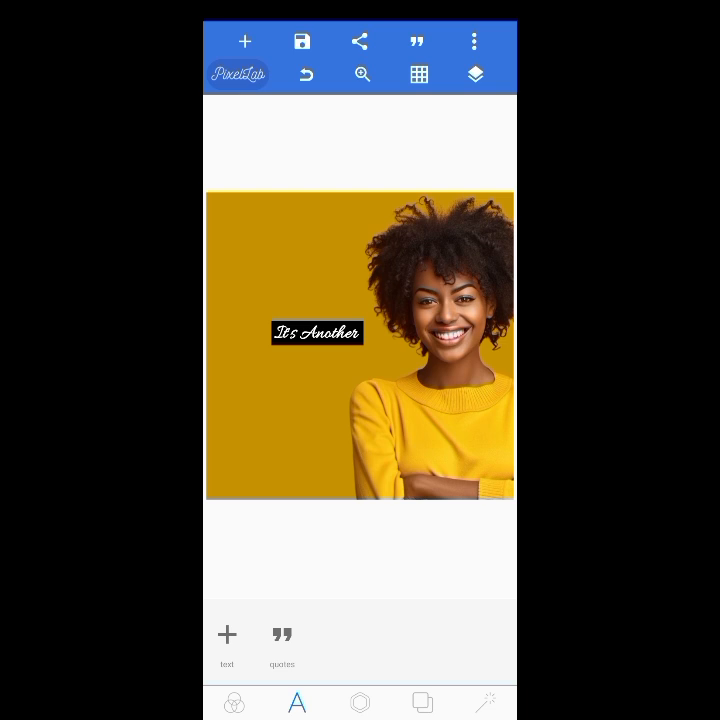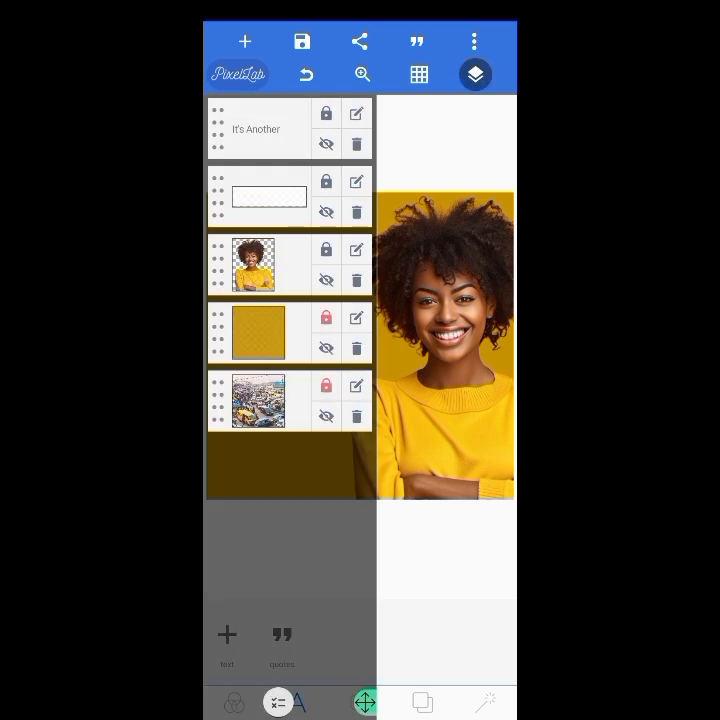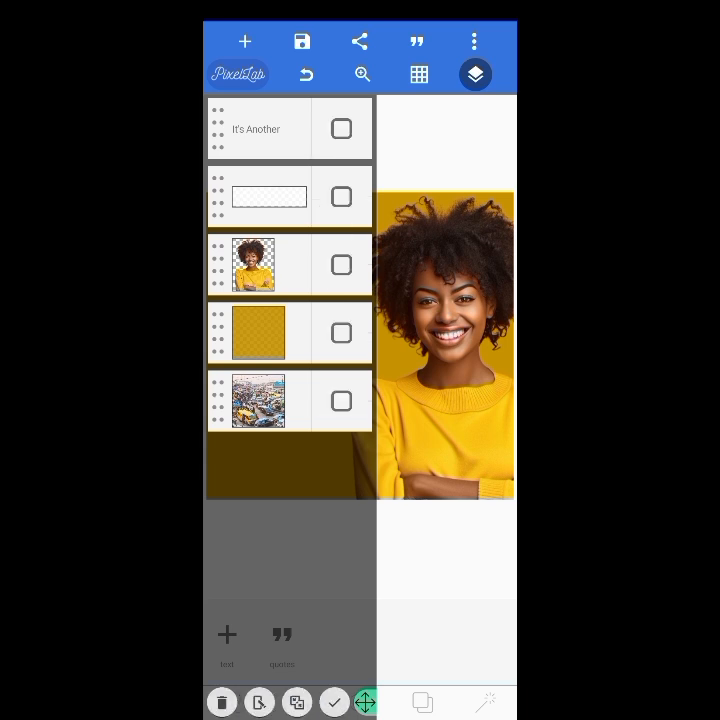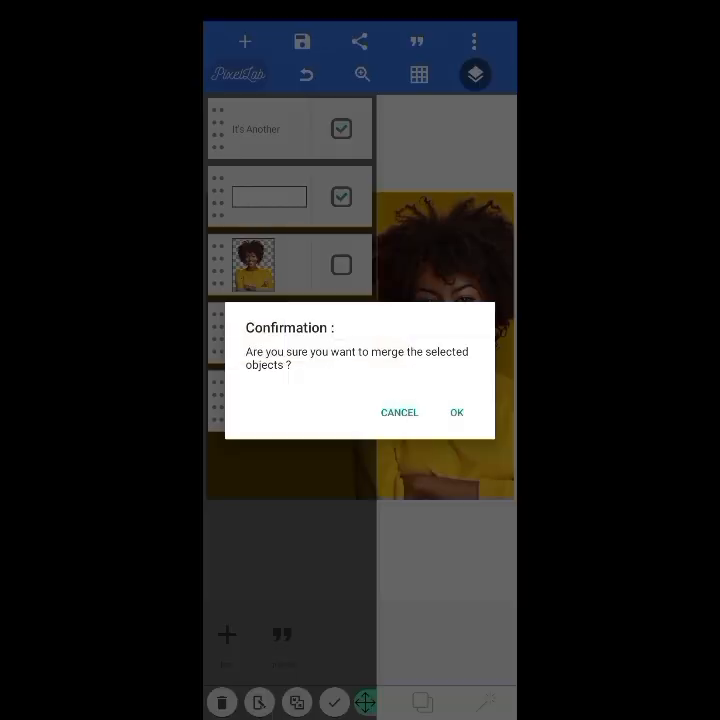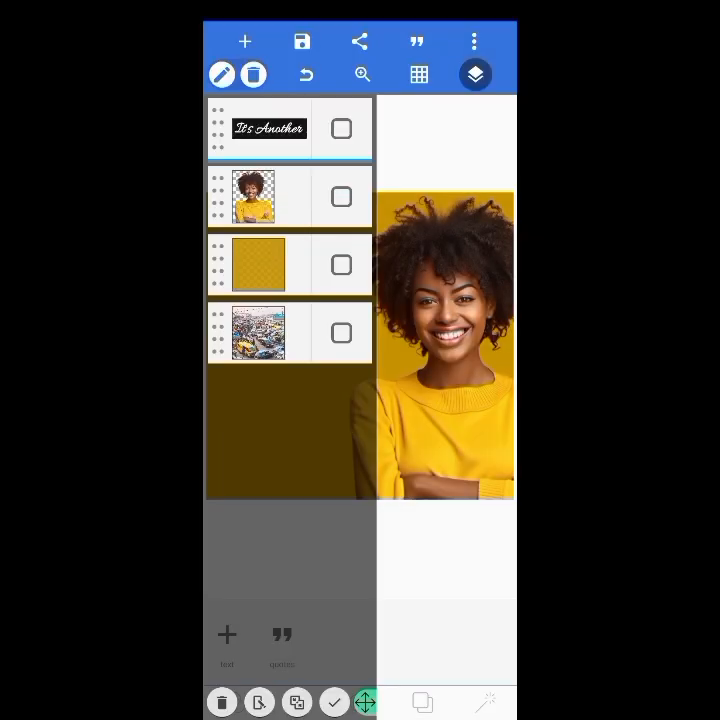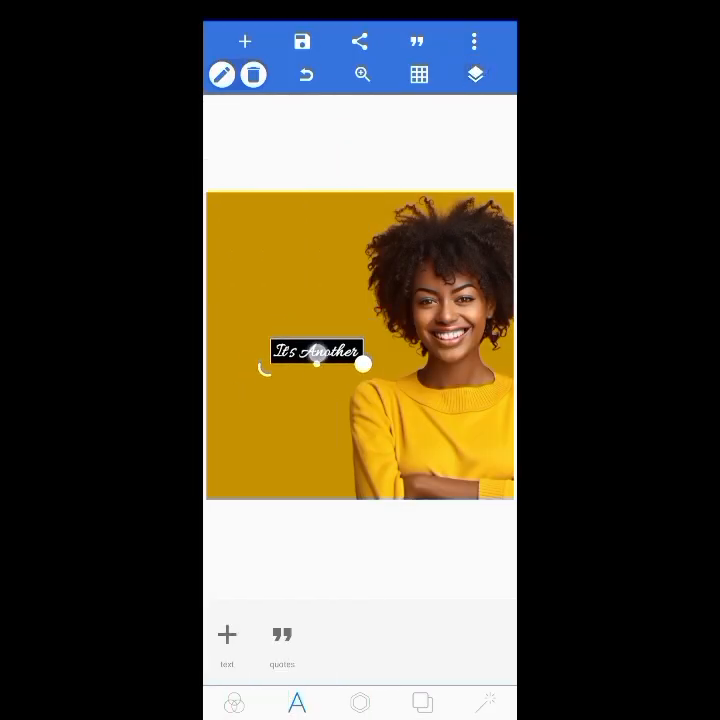So what I have to do is to merge the shape and the text together. So to do that, click on this icon here. You see this good and bad icon here. Click on it, then select the icons you want to merge. Click on this and click on this. You see this up arrow and down arrow here. Click on it. So are you sure you want to merge the selected objects? Just click on OK. The both of them has been merged together. So as you can see, if you move it now, the both of them are moving together at the same time. So the next thing you have to do is